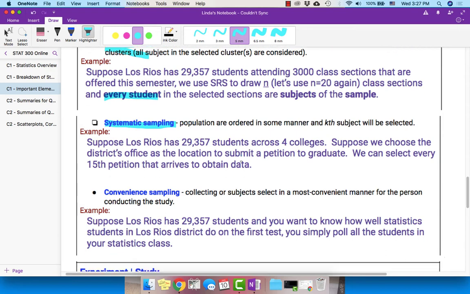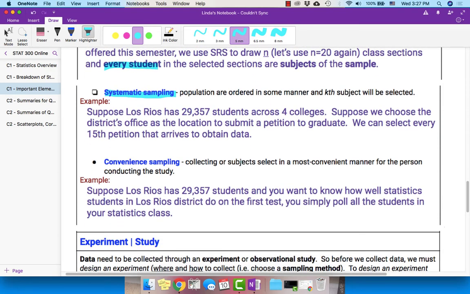The last of the methods, which shouldn't even be mentioned or considered if you are a professional statistician being paid to conduct a study, is convenience sampling. Like the term states, we are conveniently collecting the subjects of the study in whichever way is easiest for us.